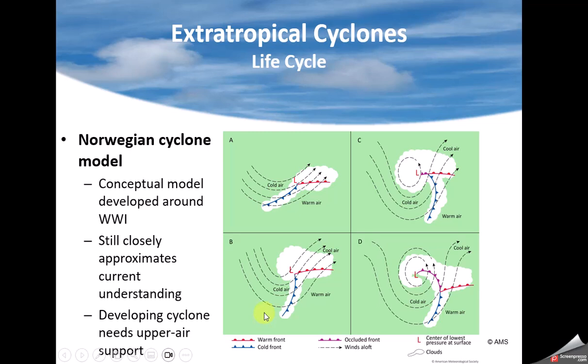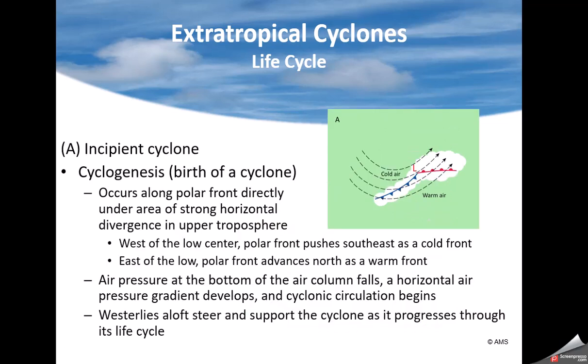What I really wanted to show, though, is notice the cloud. You'll see literally it looks like a comma. And the more intense it gets, the more that shape develops until it finally gets a very significant comma head at the end of it. And here is your occluded front, moving right along in this part. So they develop the later you get into the cyclone's development.